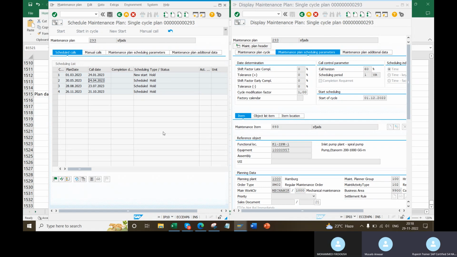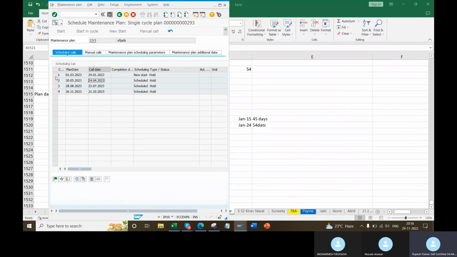Activity is only a date, sir. Activity date is nothing but your plan date. Plan date is nothing but your work start date. It is your work order basic start date. IW32 basic start date, your work start date. Yes, that is your activity start date. Absolutely. After 45 days, only the work order is being created. Yes, OK. It's only creation. Call date is work order creation only. That's all. That is the reason when the call is created, this field will go empty.